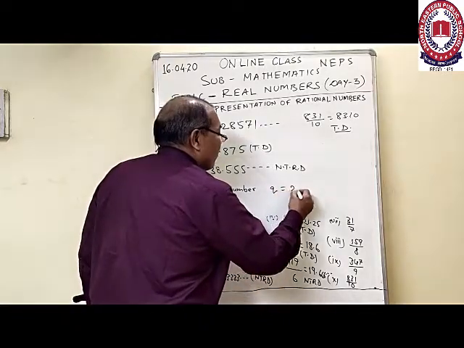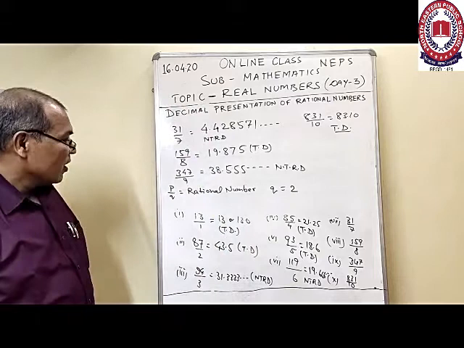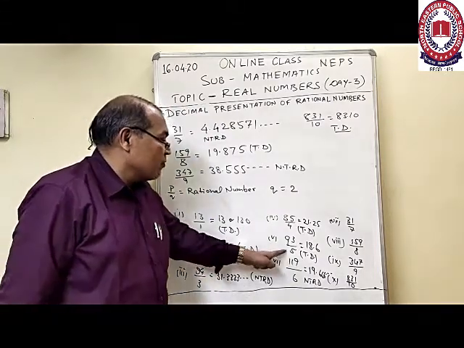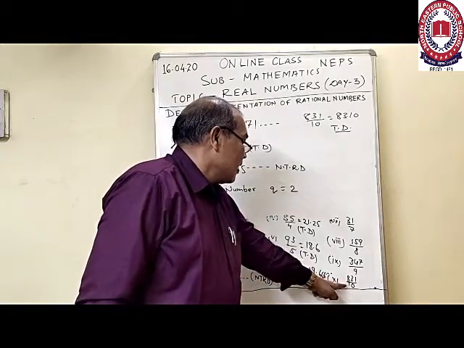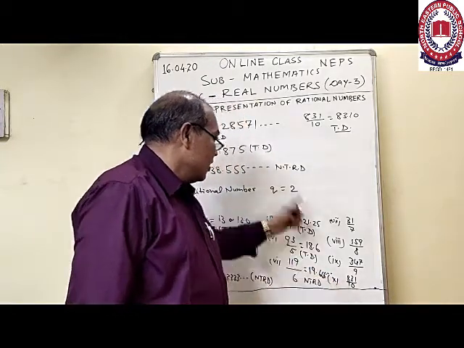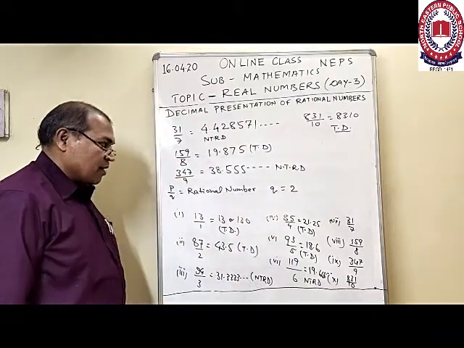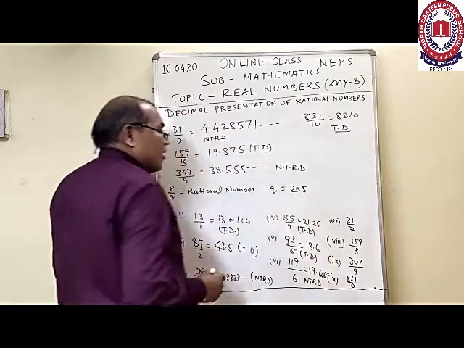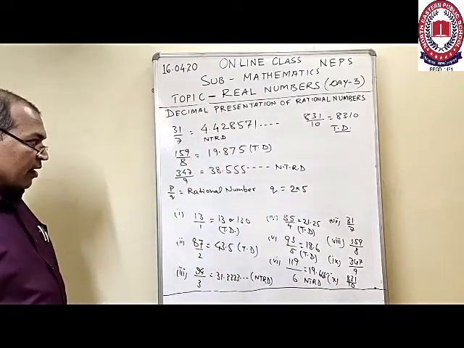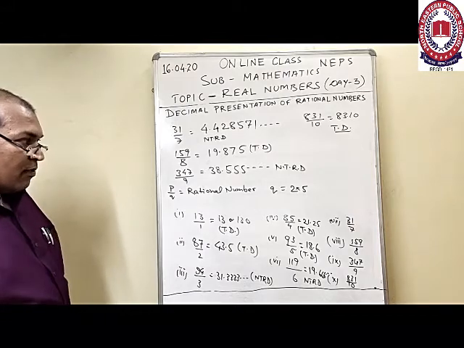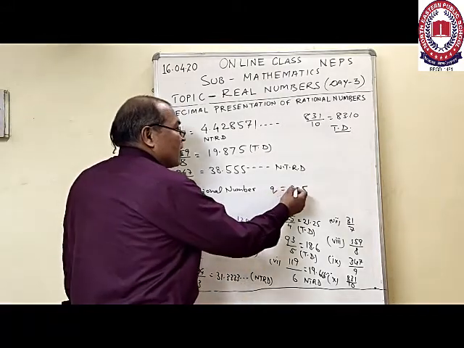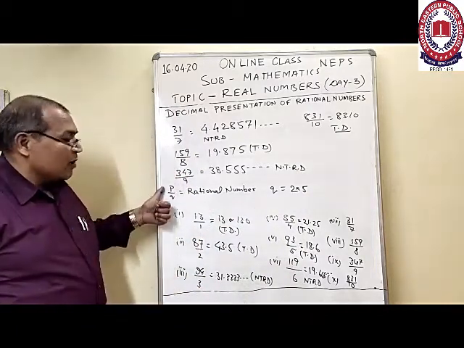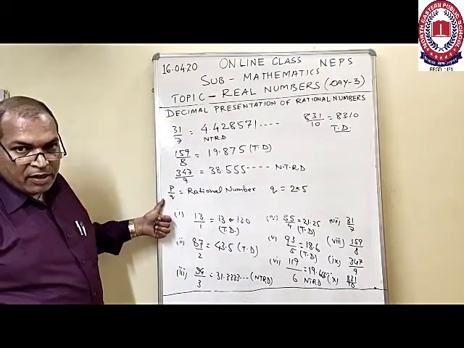Means we must have one factor in the denominator as 2. Second thing, we find the denominator having another factor 5, just like 5 and 10 here. 10 has two factors, 5 and 2. In this condition, we observe the decimals are coming as terminating decimals. Means we can say, if the denominator occurs in the form of the prime factors 2 and 5, then only a number of the form P by Q will be a terminating decimal.